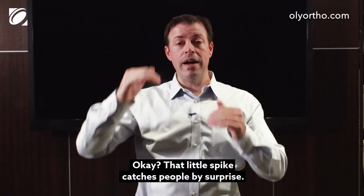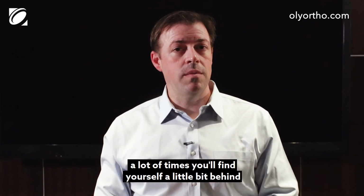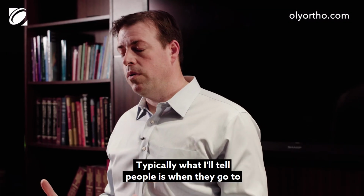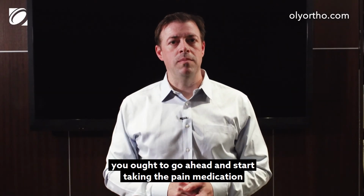Okay, that little spike catches people by surprise. And if you don't have any pain medication on board when you hit that spike, a lot of times you'll find yourself a little bit behind, and it really does increase the pain. But typically what I'll tell people is when they go to sleep the night after surgery, even if they're not having a lot of pain, you ought to go ahead and start taking the pain medication so you don't get